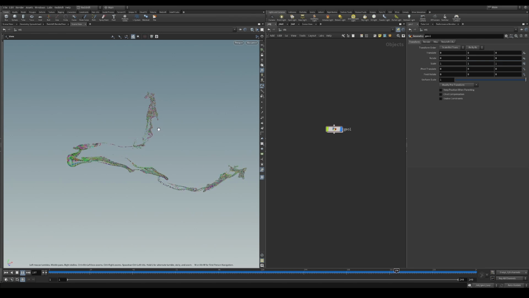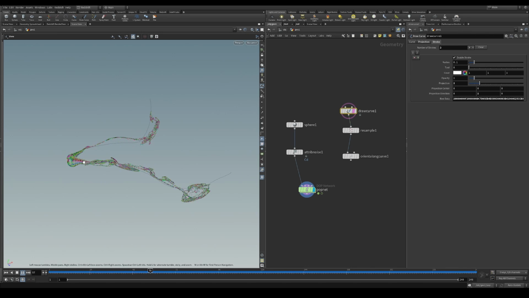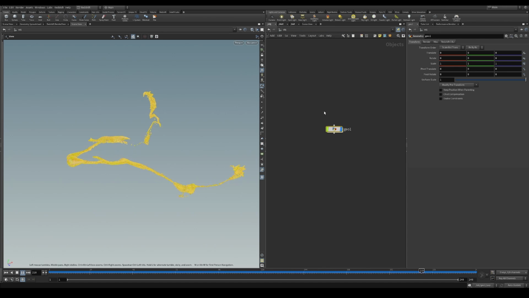Quite often you need to move your points in a particular direction, so it's quite nice to understand how to move your points with curves, for example. When you draw some curve, move your points along that way. There are quite a few ways to do that in Houdini as usual, but let's try to build something